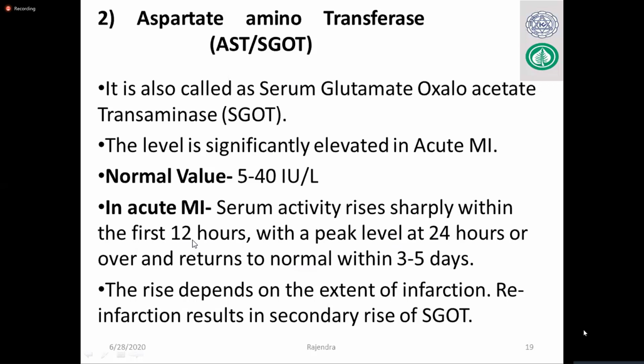That means suppose a patient comes to your clinic having frank chest pain with difficulty in breathing and other symptoms related to myocardial infarction. But you know that SGOT will increase after 12 hours. Then what will you do? Will you say, hold on, once we have 12 hours, then we will do the test? No, that is nearly a crime and the patient will die. That's why we don't wait for this test. We just go for CKMB because that starts increasing in 3 to 6 hours. That is better than this.